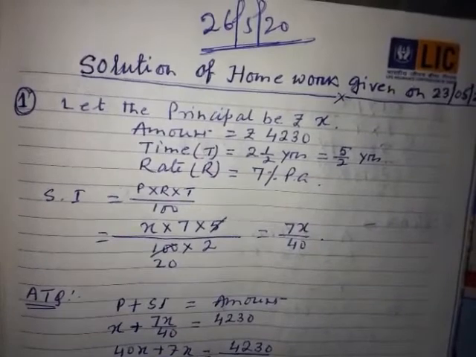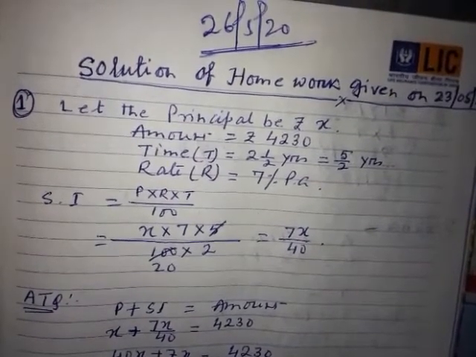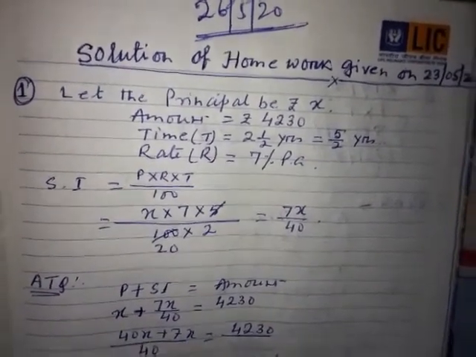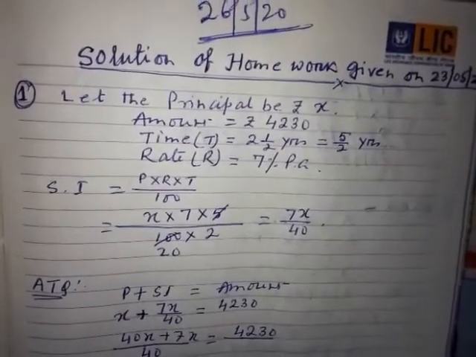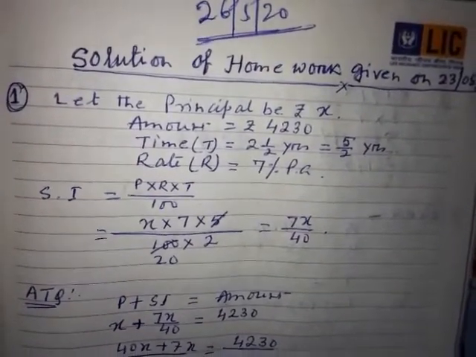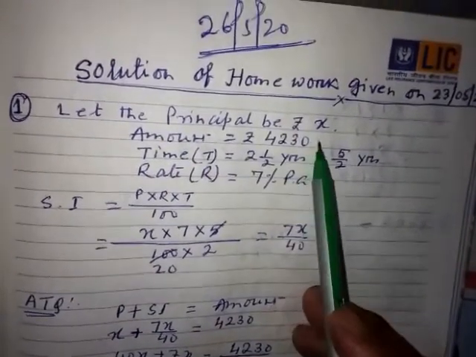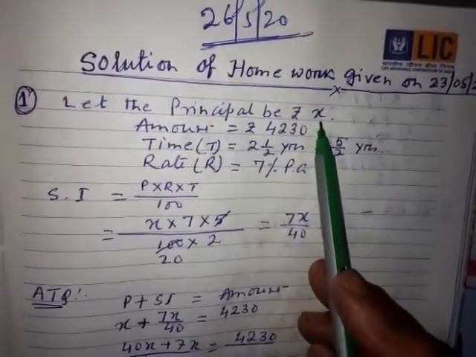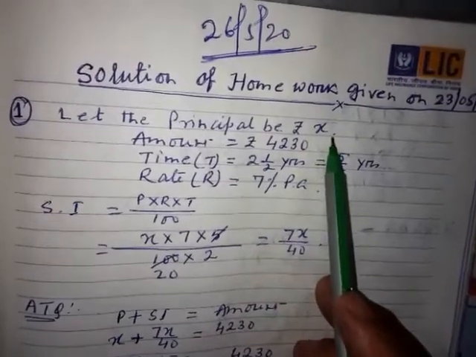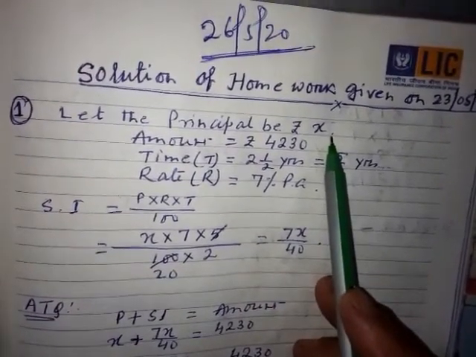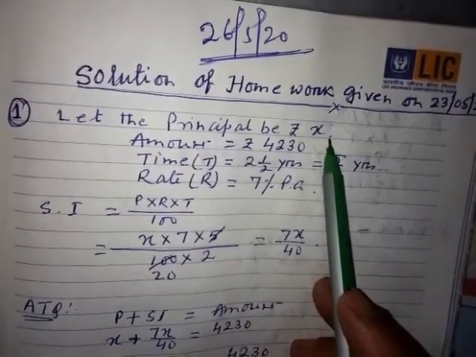I am telling you these things repeatedly. So please remember these things and solve your problem. You will find it very easy. So I am not going into details of that. First thing, what sum of money? So principal is not given. So I have written here, let the principal be x. You can take 100, you can take A, you can take B, whatever way you can do yourself.